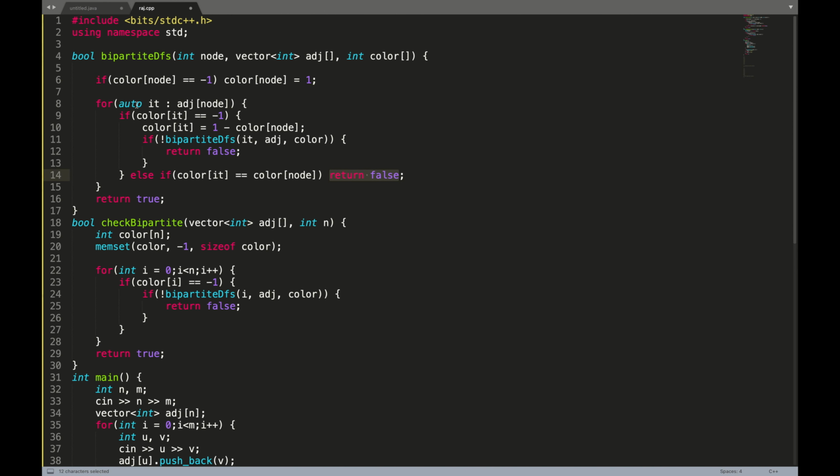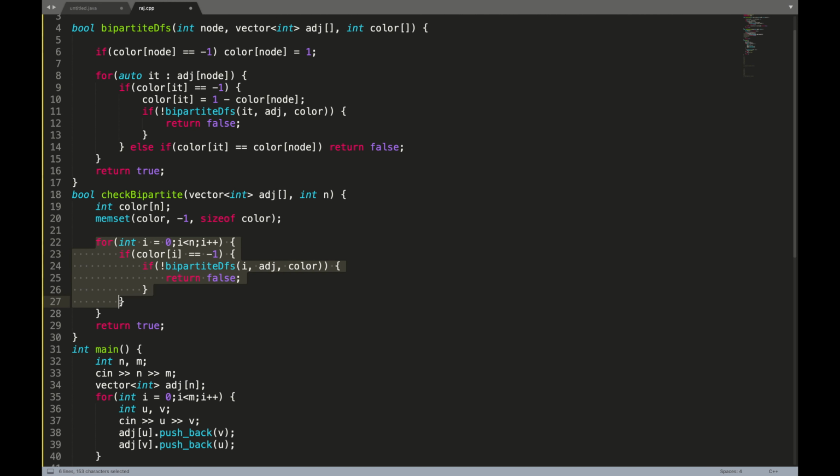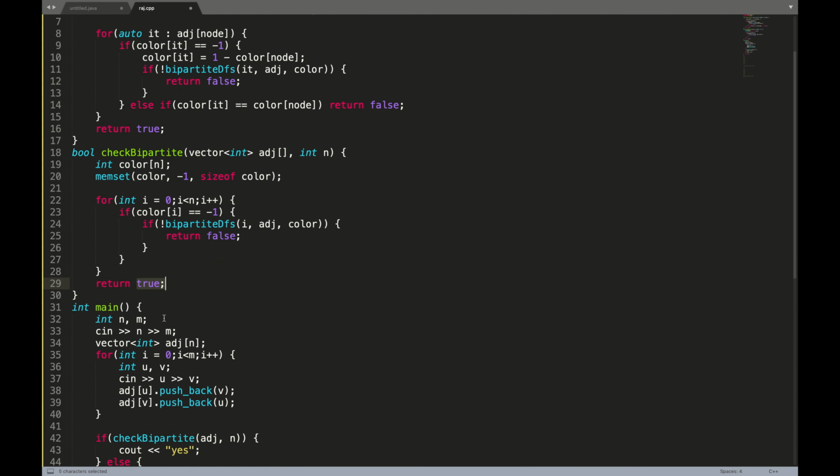So if after traversing all adjacent nodes, the false never comes up, I know I have to return true, saying that I am not violating the property of bipartite check. So this is how the single component check will work, and you can check for multiple components and then return a true. So guys, this will be it for the C++ code.